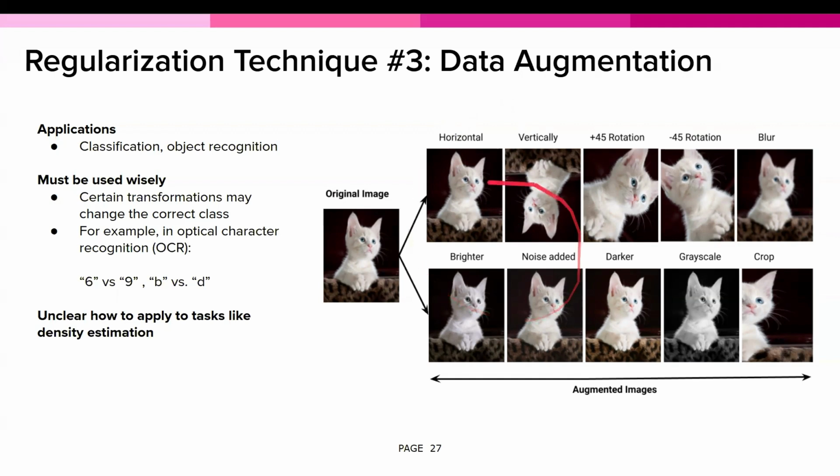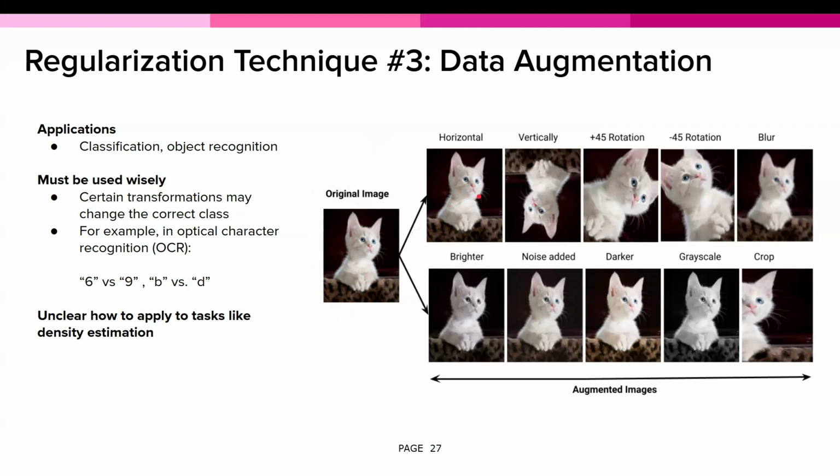For example, in an image classification task, potentially we're given one image. I realized that this image would almost certainly have to have been AI generated because this cat's fingers don't look real. But we start with the original image, and then we can apply some